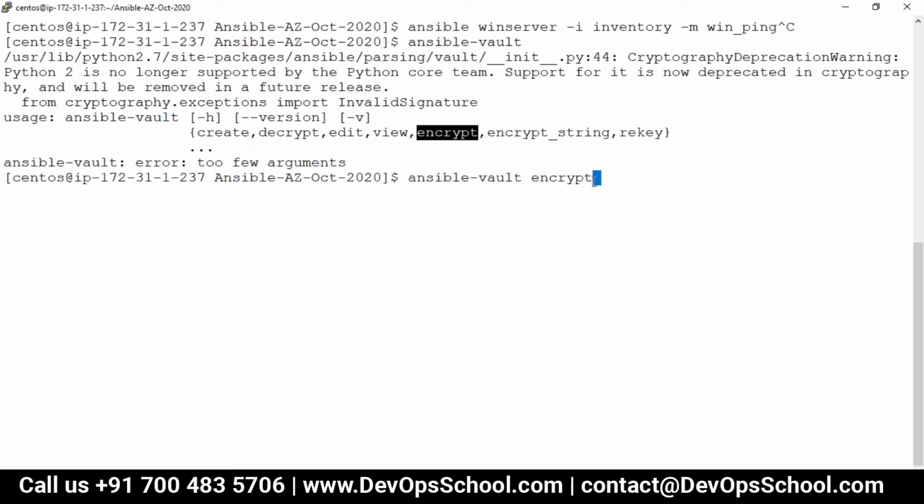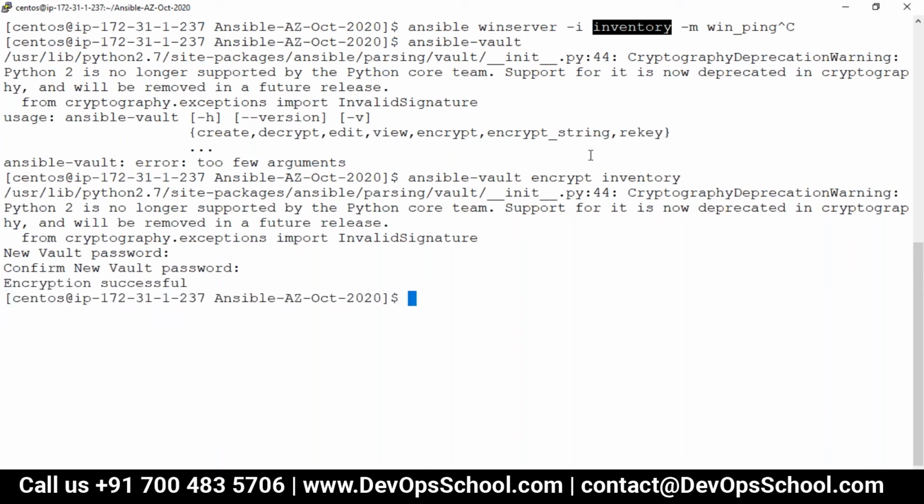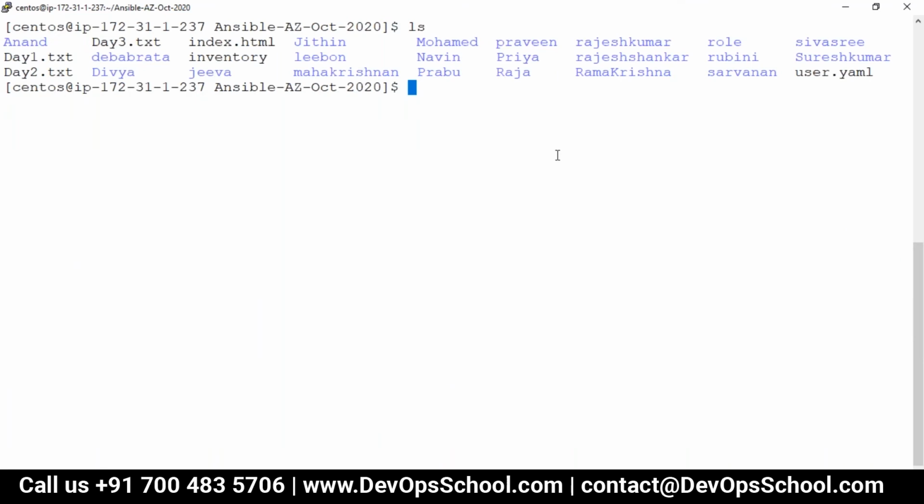Encrypt it. The AES algorithm is being used for this file, by the way. Okay. What is the password for encryption? Password is Raj123. Guys, I encrypted. See here, encryption successful. Now I will see this inventory file. Look at it. Where is that password? If you commit this file and the person does not have the password, he will not be able to decrypt it because this algorithm is AES-256, which is very